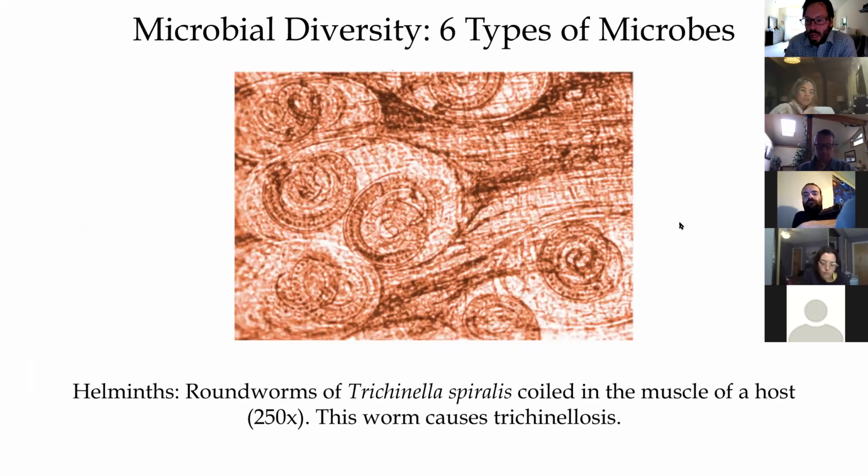Helminths, these are the worms. We don't have a whole lot of issue with microbial worms in developed countries, but in developing nations, these helminth worms are quite burdensome. In fact, they fall into the category of neglected tropical diseases because these are diseases that often occur in the tropics, and they're neglected because there's very little funding to research treatments because these things don't impact many of the